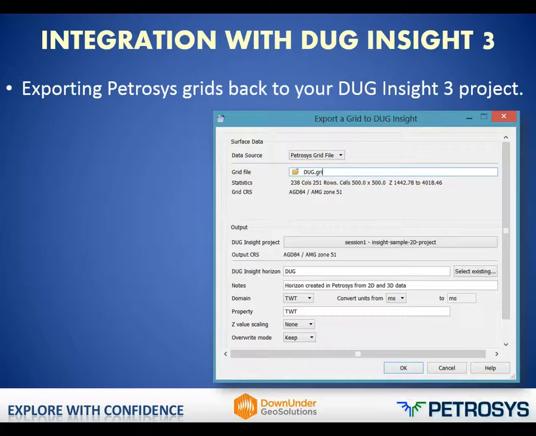One of the really good features that we've introduced is the ability to export your Petrosys grids back to your Doug Insight 3 project. So an example of this might be you've brought your 2A time data over from Doug into Petrosys and created